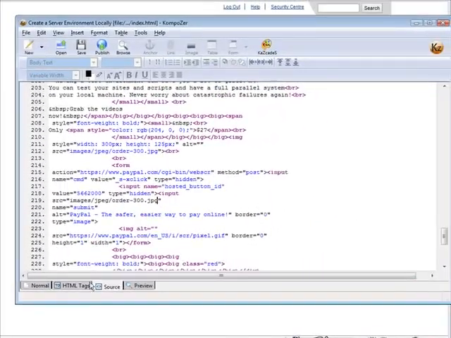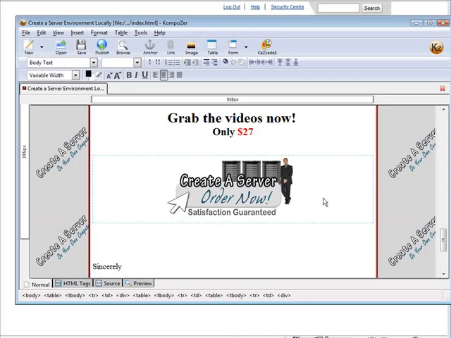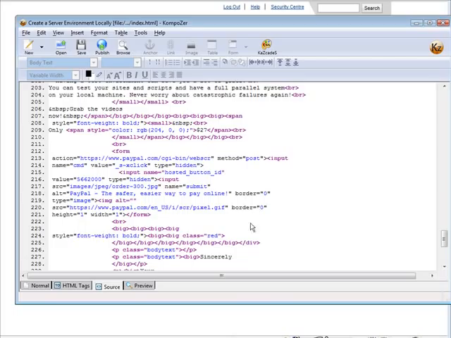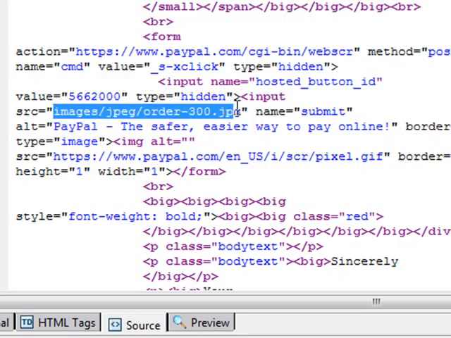Okay, so now if we go back to view, you'll see that we have two of them. We have the one that was on here originally, and we have the PayPal one. So just highlight this and then click your delete key. That one goes away, and now you have your custom image on here. Now anytime you want, you can change this image. All you have to do is go back to the source here, and then all you have to do is where we have that image source, and here it is here. All you have to do is change this to the location on our server where that image is going to be. The way I have it here,